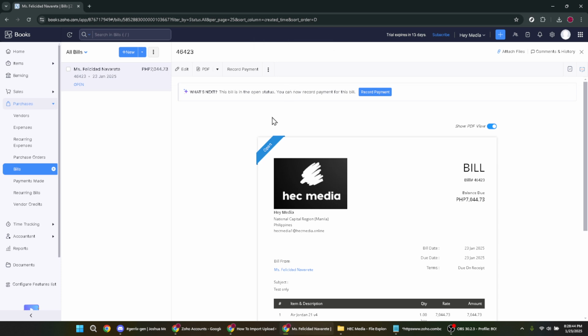And there you have it. You've just created a bill in Zoho Books. It's a straightforward process once you know your way